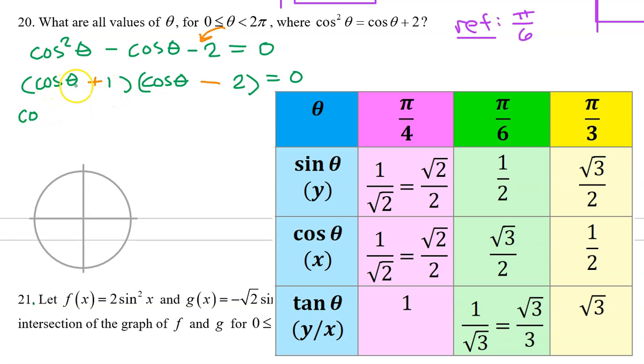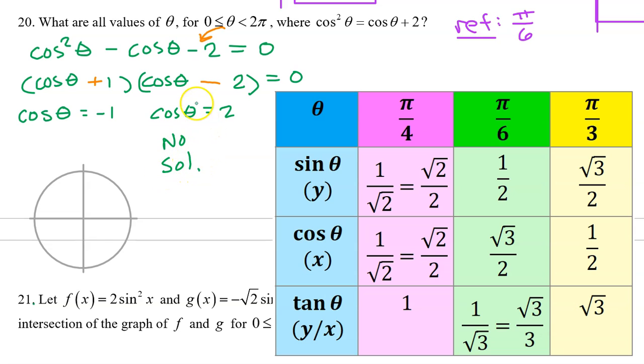Setting cosine theta plus 1 equal to 0, I get cosine theta is equal to negative 1. Setting cosine theta minus 2 equal to 0, I get cosine theta is equal to 2. There will be no solution